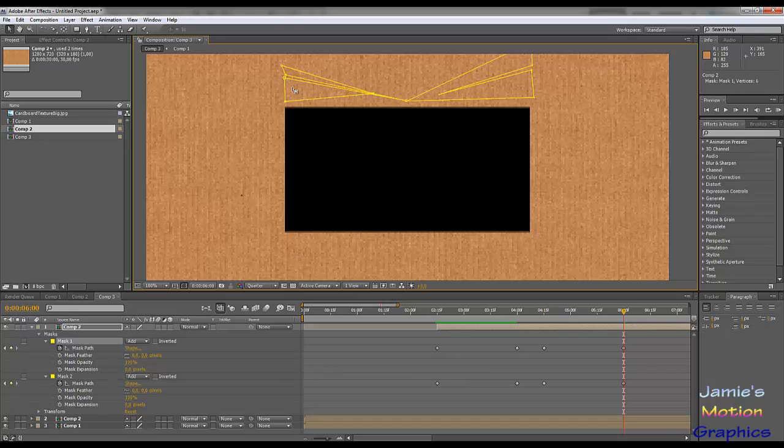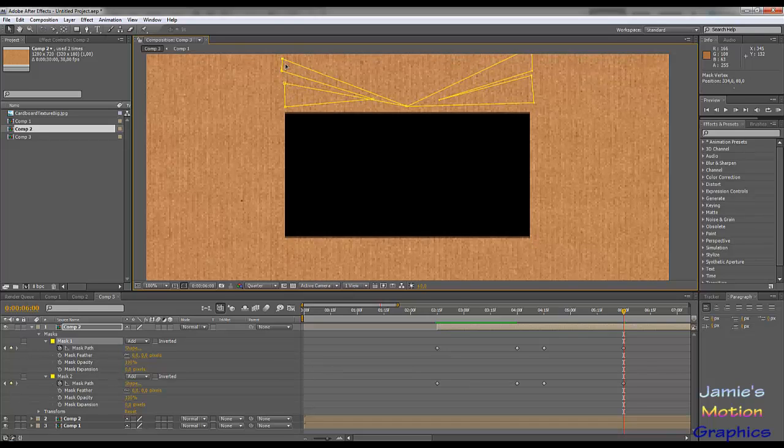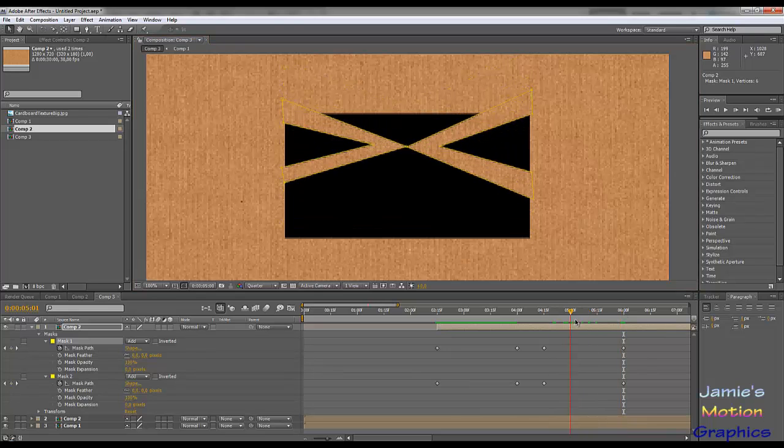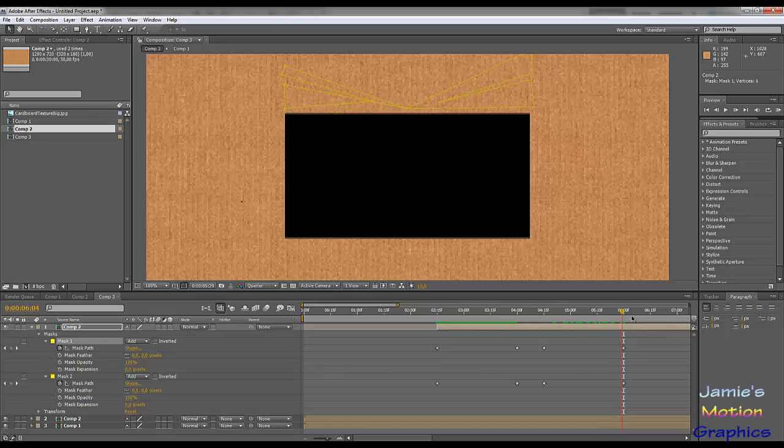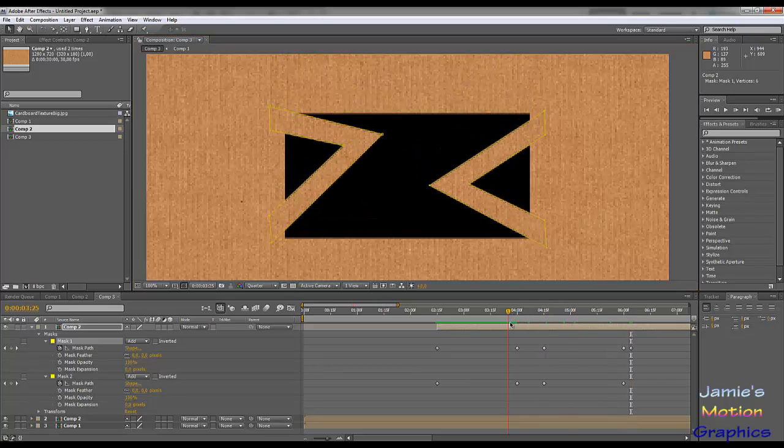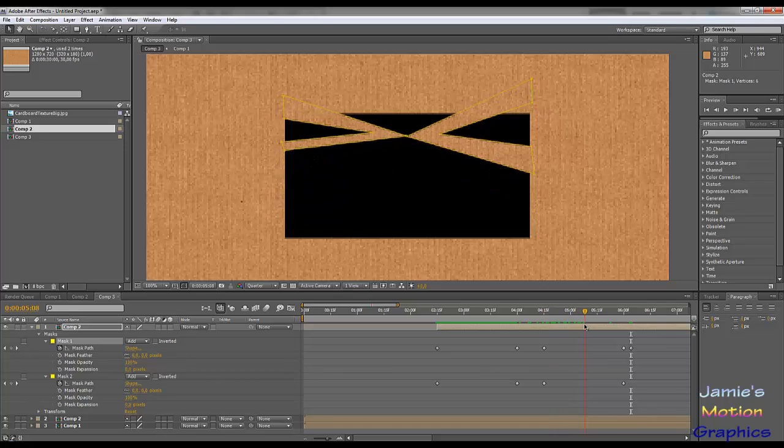That should go over there. I don't even know what's going on here. Well, let's see how much I screwed it up. It's not too bad, I guess. This is the top one though, so it should stay on top. And this one actually reversed. Kind of screwed it up a little bit, but it's not too bad. So it makes a little bit of a more interesting motion, I guess, than